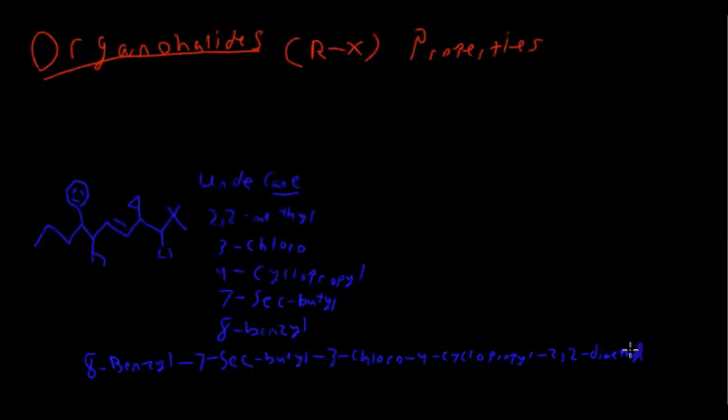I go by the newer IUPAC naming way, so mine's going to be dimethylundec, and then I'm going to do dash, and we see here that this is on the 1, 2, 3, 4, 5th. So I'm going to do dash 5 dash ene. So it's dimethylundec-5-ene. And that's how we're going to name our